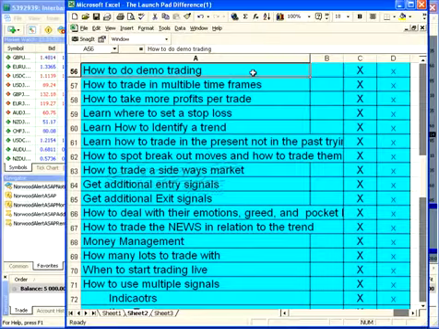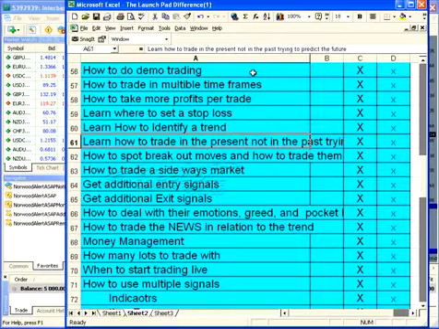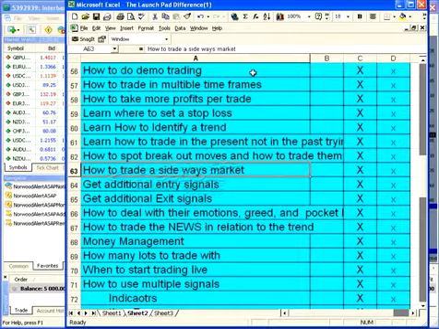So one of the first things we show you is how to demo trade. Many people have used a demo trading platform, but they're not sure how to demo trade most effectively. And how to work in multiple time frames. Many people just use one time frame, but we show you how to use all the time frames to maximize your profits in spot trades, and how to take more profits per trade, and where to set your stop losses, how to identify trends, how to trade in the present and not look at the past trying to predict the future, how to spot breakout moves and how to trade them,